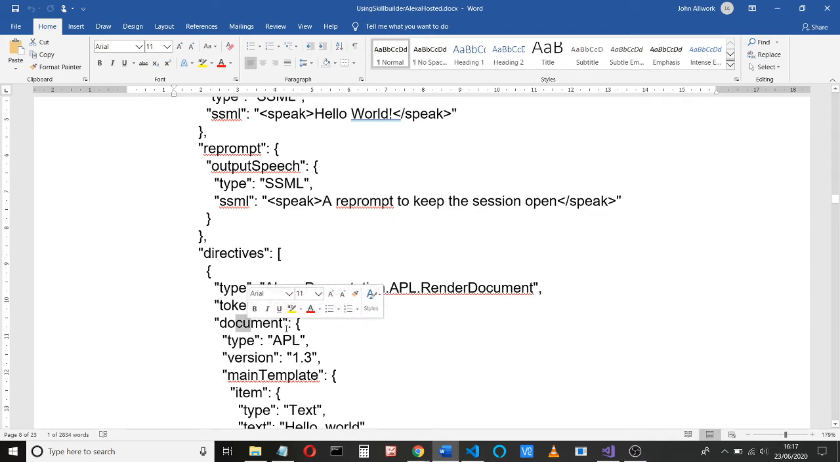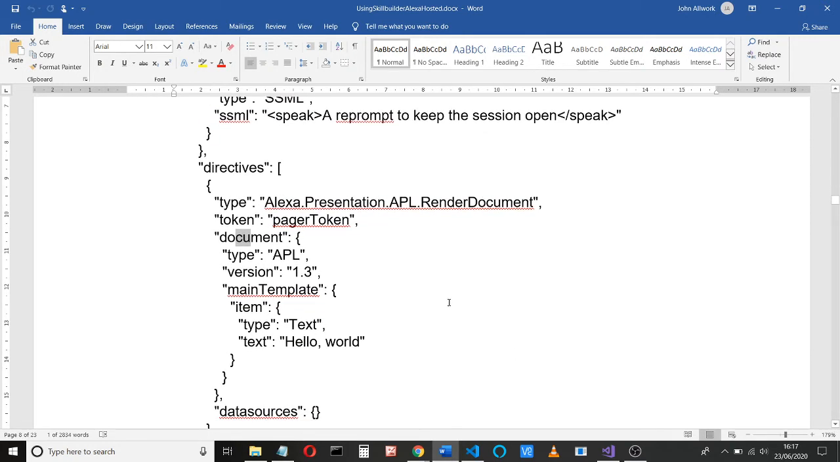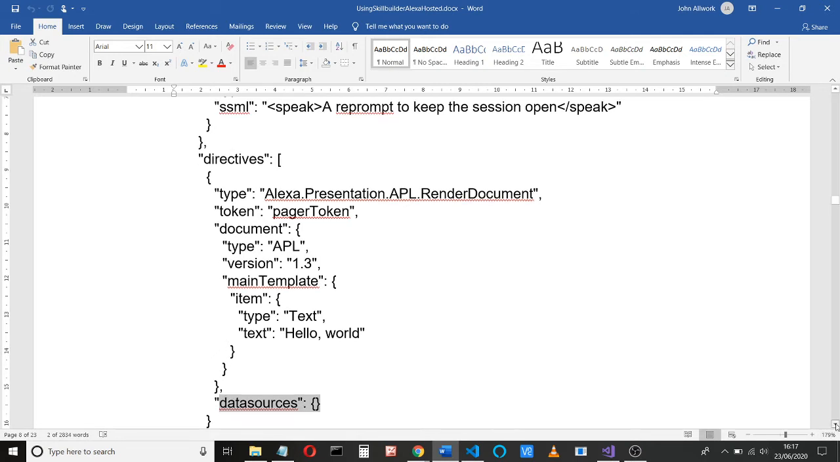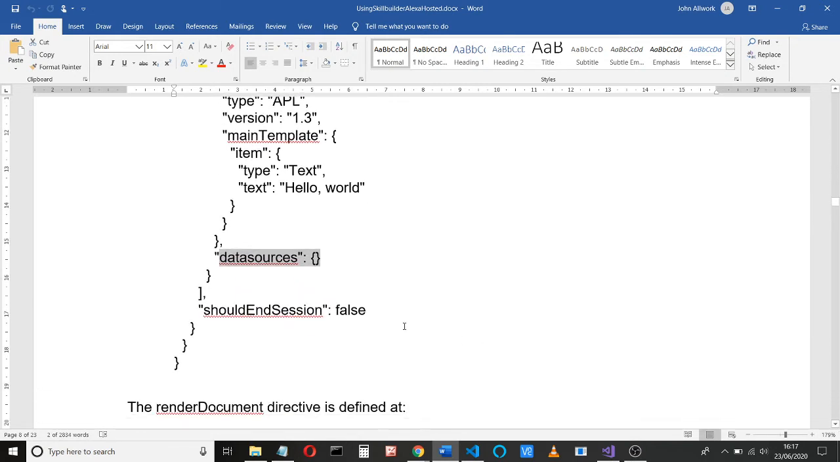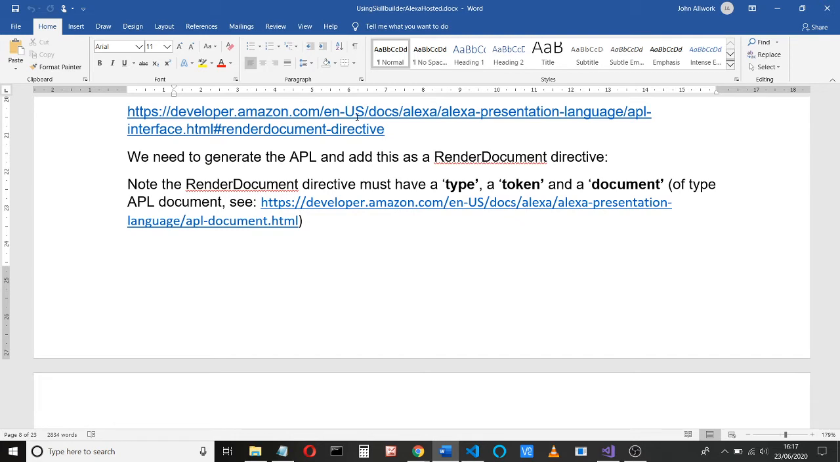All you ever really see, when the Amazon or Alexa guys talk about the APL code, is this bit here, and they don't tell you where it goes. You can also add some data sources as well, but that's more than I wanted to go into. And then, of course, you've got should end session. Now the render document directive is defined here,